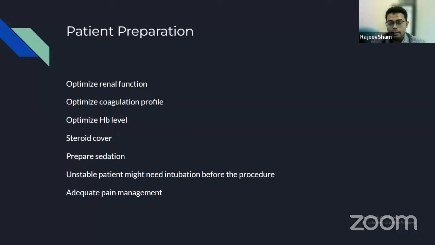Other than that, as usual, you need to optimize the renal function of the patient. You need to optimize the coagulation profile. The HB level needs to be at an optimized level. You need to give some steroid cover, especially if the patient is allergic to contrast. Sedation needs to be prepared. And for unstable patients, you might need to discuss with anesthesiology because they might need intubation so that we can do the procedure